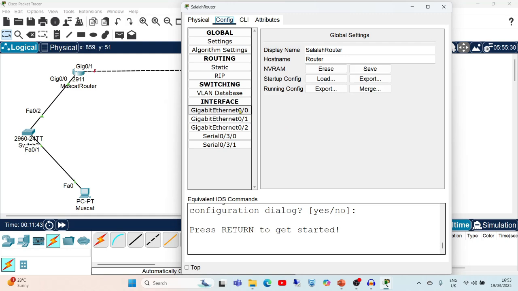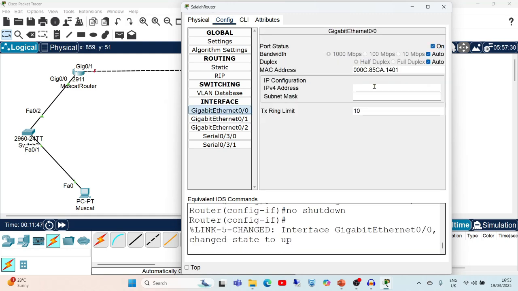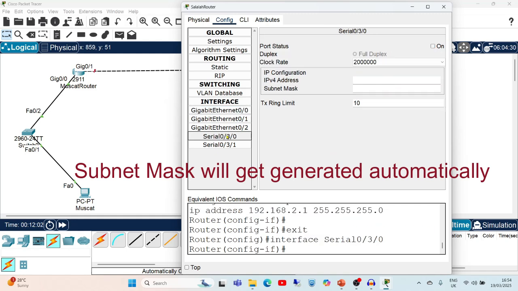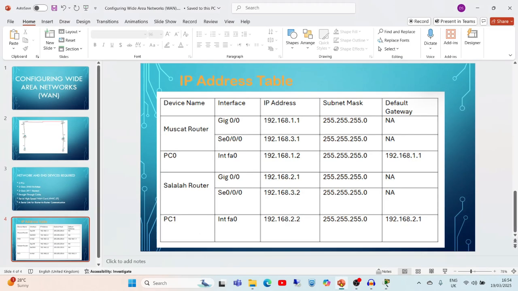So for gigabit Ethernet 0/0, switch it on and enter 192.168.2.1. Again for the serial cable, select the serial interface, and the IP address for the Salala router serial is 192.168.3.2.